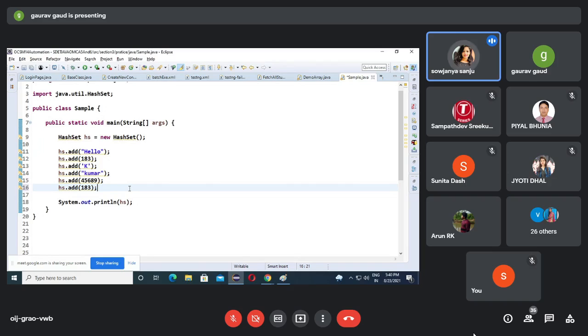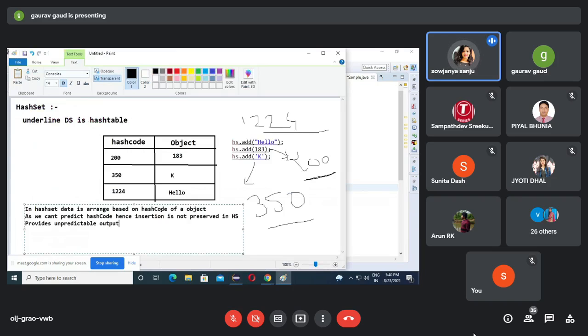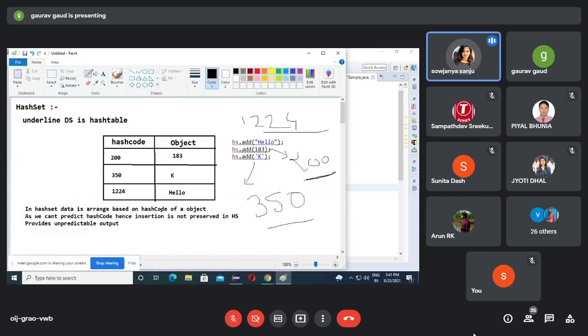If I add hello one more time, will the hash code be same or different? Same. So if two hash codes are same, assume the hash code of 183 is 200. Will this table accept 200 one more time? No.